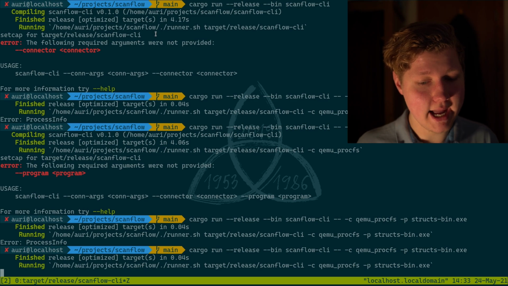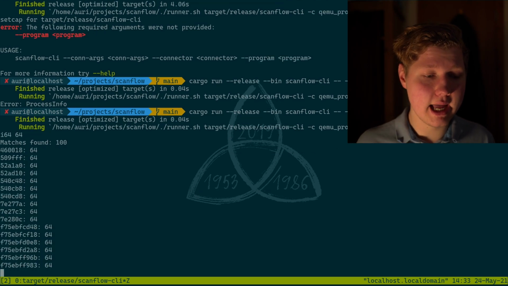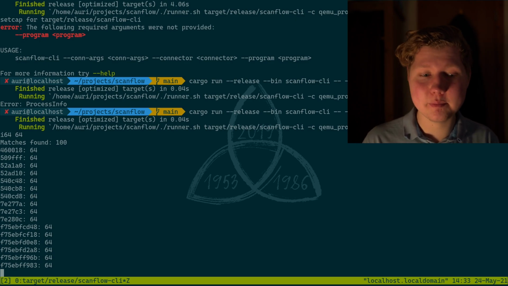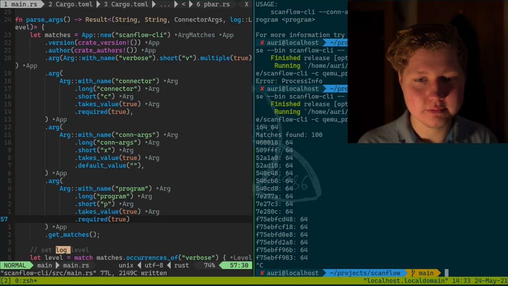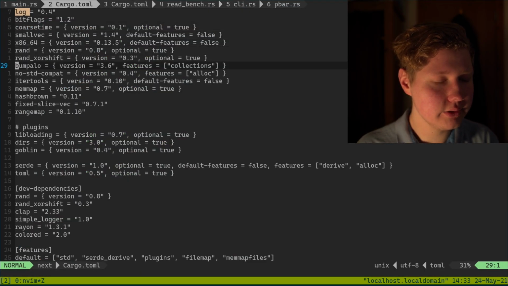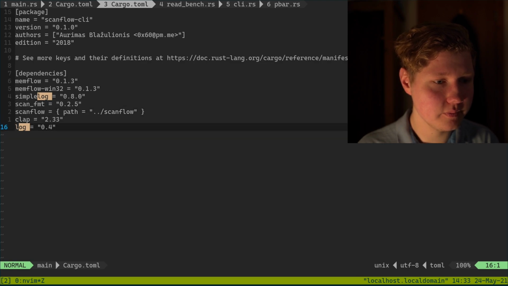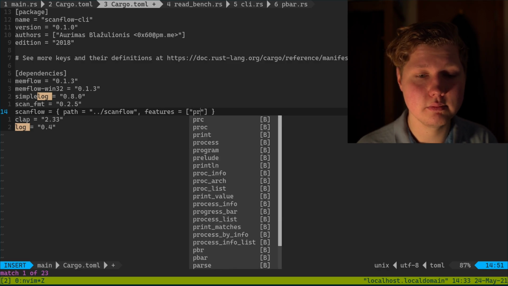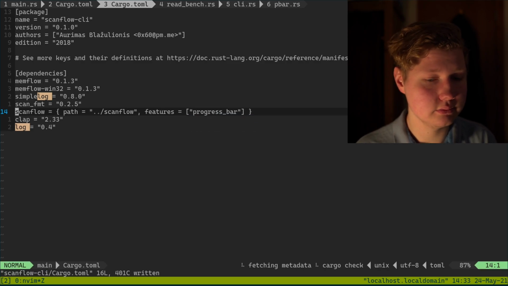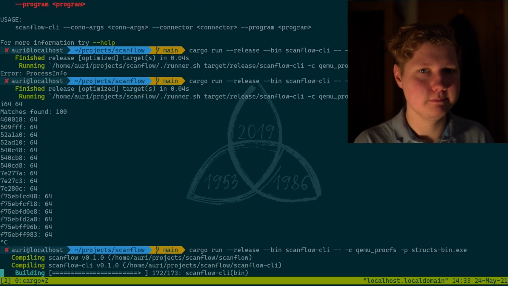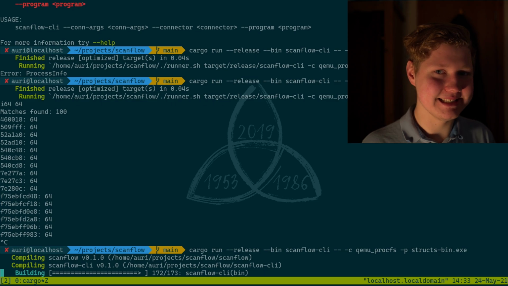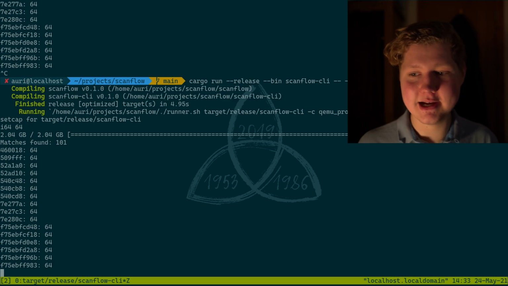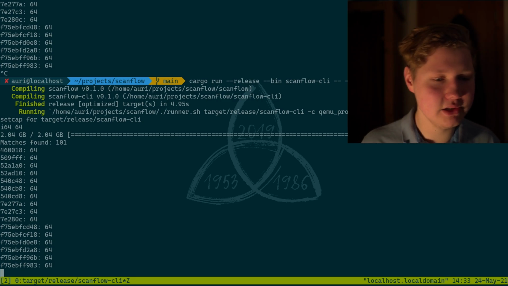But what we're gonna do now is do 64, and that is, oh, we didn't have progress bar. Let's fix that. So notice how we need a progress bar. So we just add a features equals progress bar. Here we go. Finally. Let's see. Here we go. I64. Here we go. We got that back,